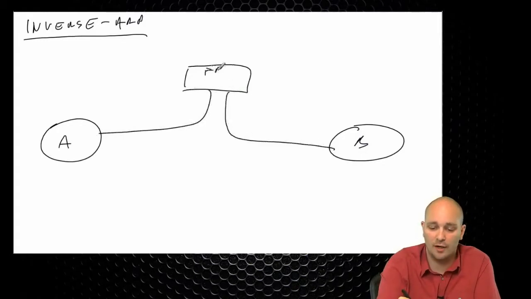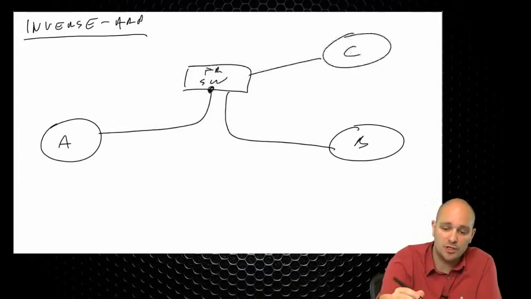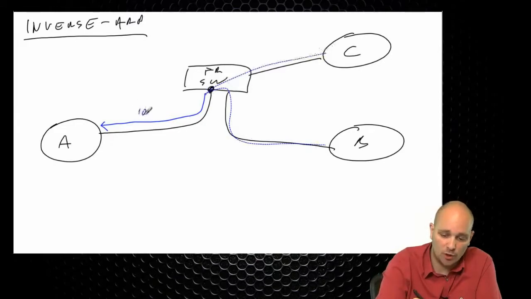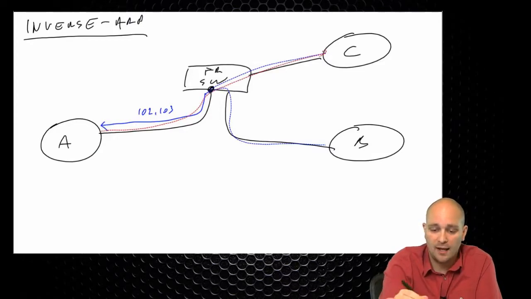So this is now the frame relay switch, and let's say that we have some host C. Now on this link, the frame relay switch is going to communicate to A what the available DLCIs are, and let's say that the available DLCIs are the connection to C and the connection to B, and let's say that these are DLCIs 102 and 103. So what A can do is send out a request down DLCI 102 and down DLCI 103,